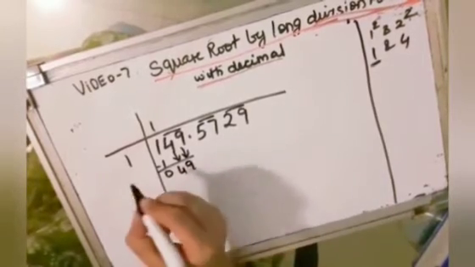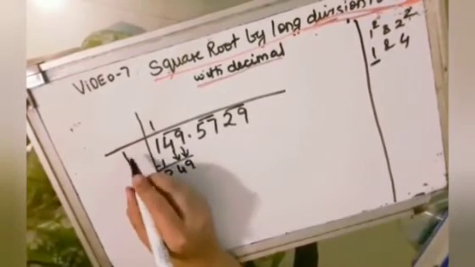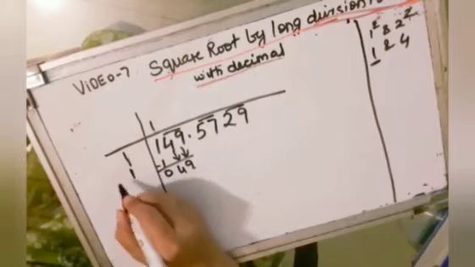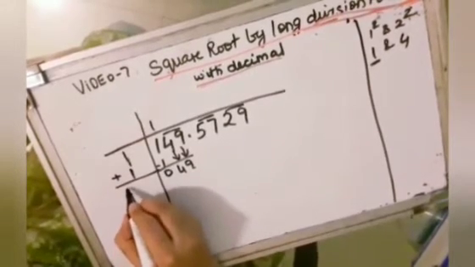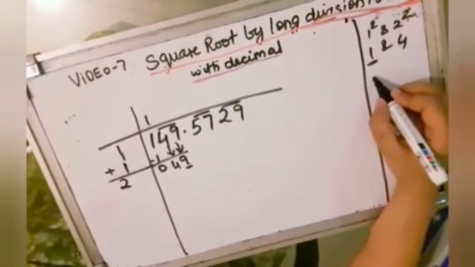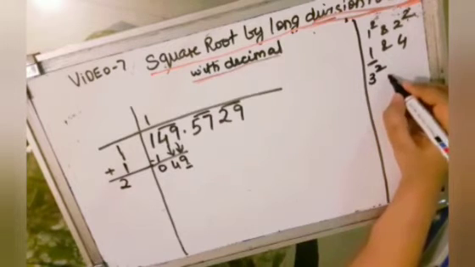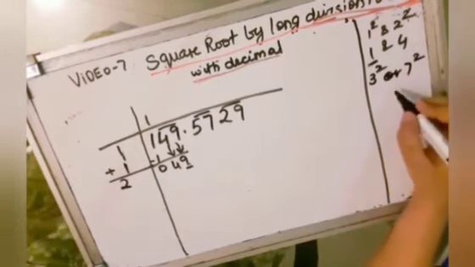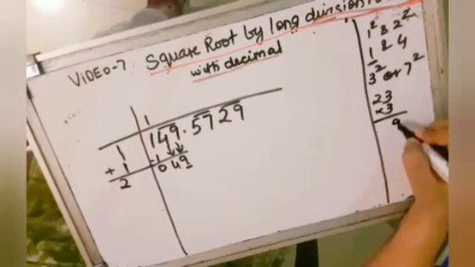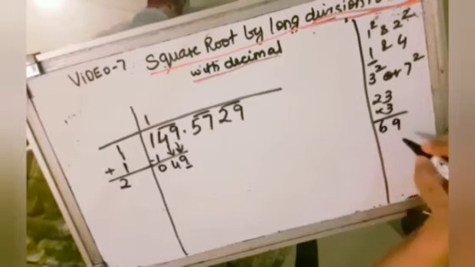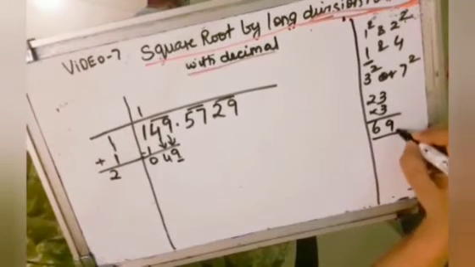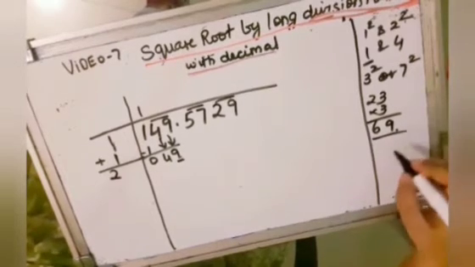49 below. Now as I have told you that whichever number you have used over here, the same number you add below, and 1 plus 1 will give you 2. Now your last digit is 9. So for 9, you would be taking 3 square or 7 square. So first we try with 3 square. So that is 23 into 3. 3 3s are 9 and 3 2s are 6. So this is showing a bit higher than 49. So we take a lesser number than that.